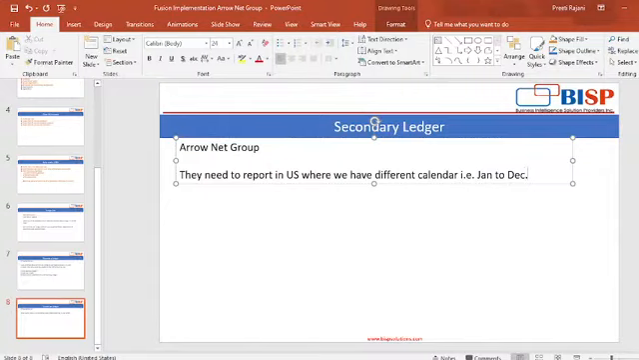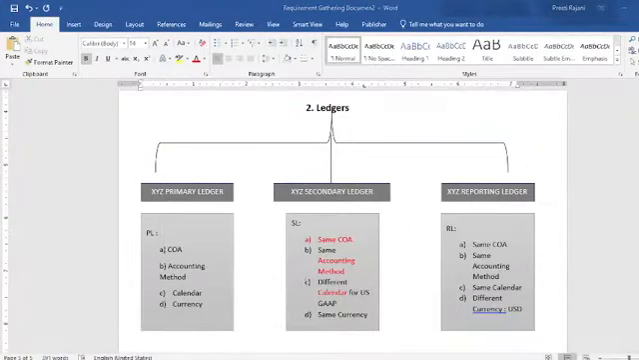Okay, so when that client needs to report his transaction in the USD currency, we created the reporting ledger. Now the Aeronet group needs that its calendar is changing for the US reporting purpose. So in that case, we have to create the secondary ledger. Move to our application